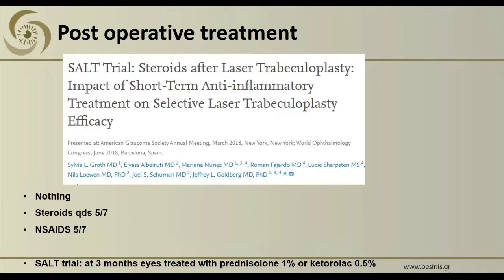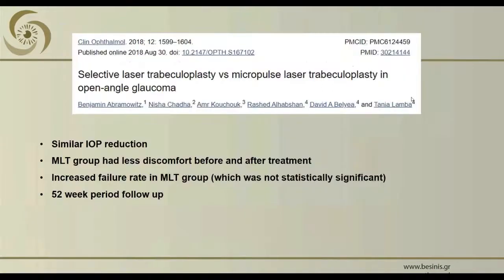I use bromfenac specifically. There is a study mentioning that if you use a combination of steroid drops and NSAID drops, you will get a better reduction in the pressure. Well, I haven't applied that to my everyday practice, so it is possible, but it was only a 3-month follow-up from the study. So I don't know if in the long term you will see any difference between that or giving nothing at all. And I have to say that there are a lot of new things trying to